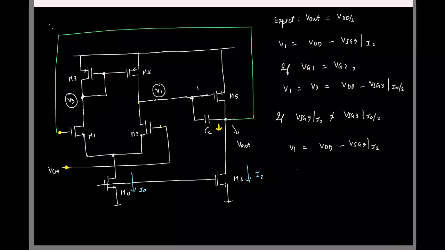So if this is the case, you see that V3 is not equal to V1. So what comment can you make then? See, we saw that if the gate voltages of M1 and M2 are equal, then V1 will be equal to V3. Now I find that V1 is not equal to V3. So what can be the logical conclusion? Gates are not equal, that's all. Okay. So which implies the gate voltage of M1